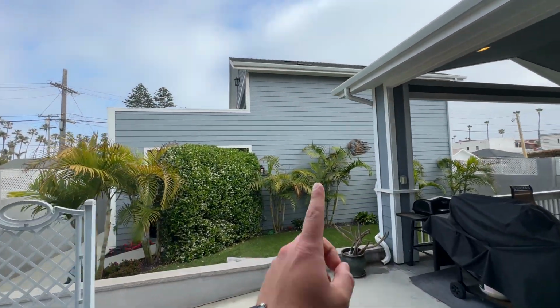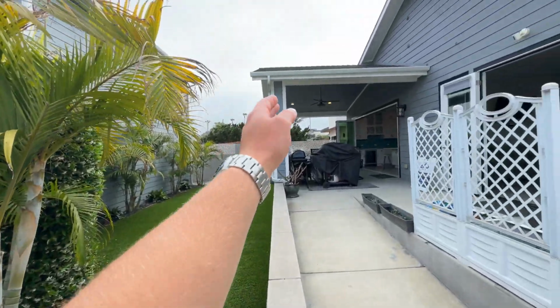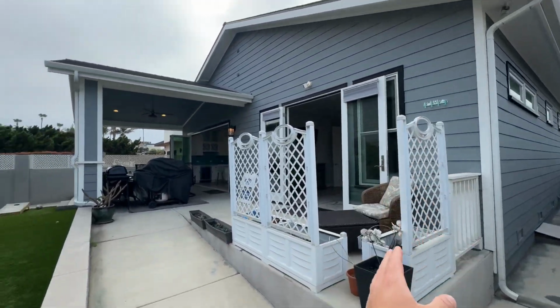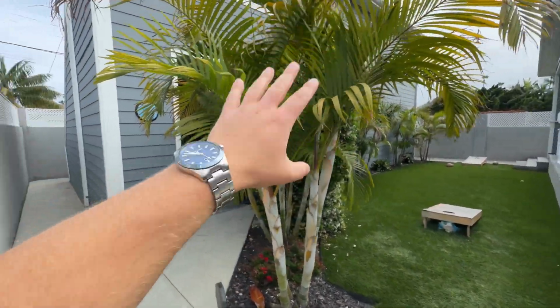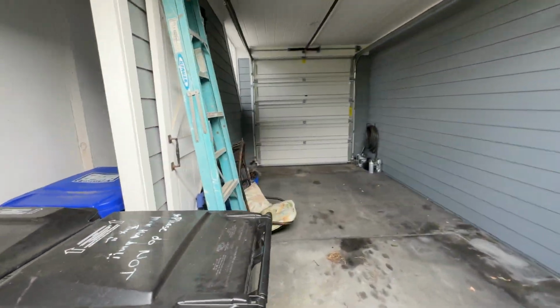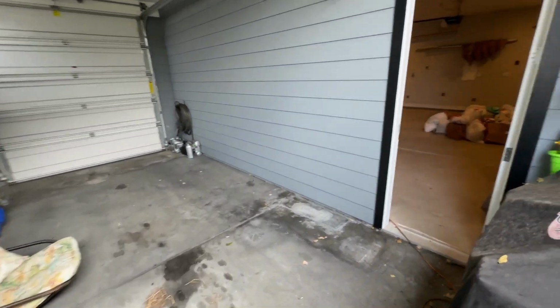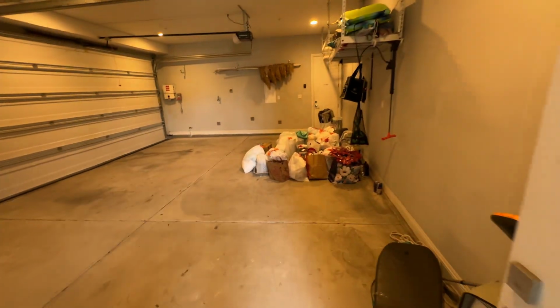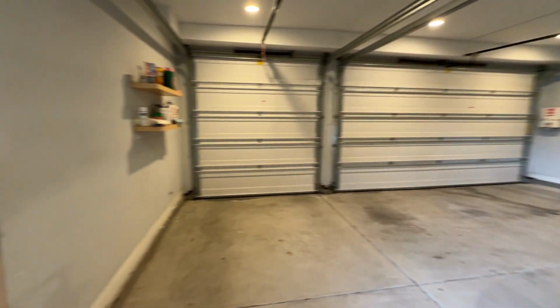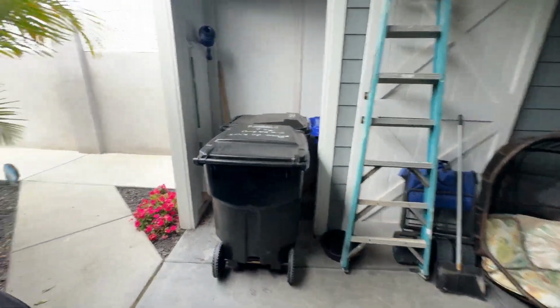So this building right here is detached from the main property. So when it comes to Airbnb, I would say you can block it off here of the main house, and then this is another unit, but you can convert it to 2 units. So what I mean is, you have a garage here, right? You have a 1-car garage. You could even convert this too. But what I'm talking about is taking this garage, which is a 3-car garage, and convert it into another ADU. So you can rent it out, make it an Airbnb. And also, if you go upstairs,